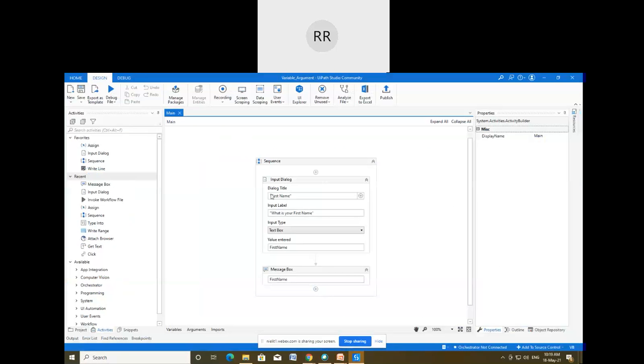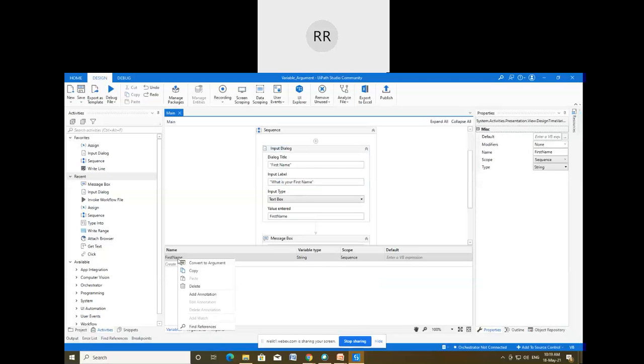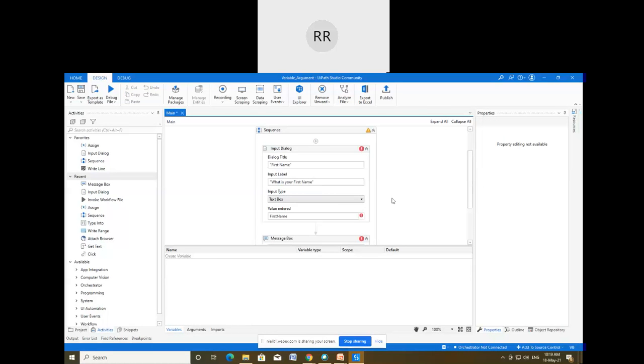This is the example in which I have created a variable with the name first name. I'm going to discuss the first method. We have to select this variable, and then left click, and we get options like convert to argument, and then delete and so on. I simply select delete, and this variable has been deleted.